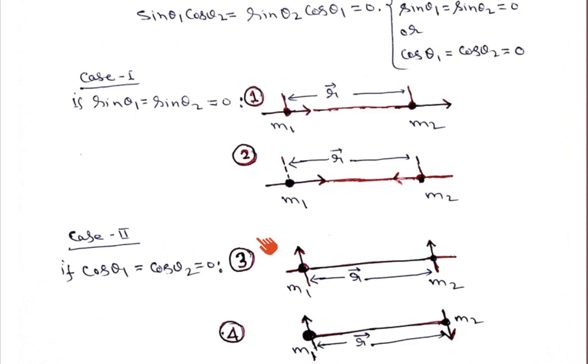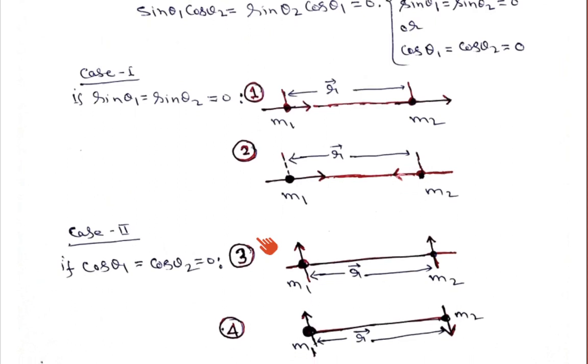Similarly, if you see the second possibility... third possibility, we know that the magnetic field is along this direction and the magnetic field is along this direction. So these dipoles are aligned in this direction and in this direction, which means this possibility is also ruled out. The remaining possibilities are the first and the fourth.